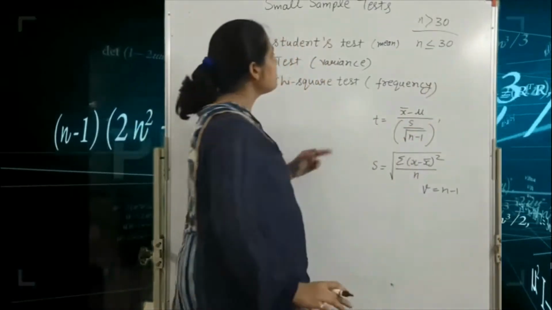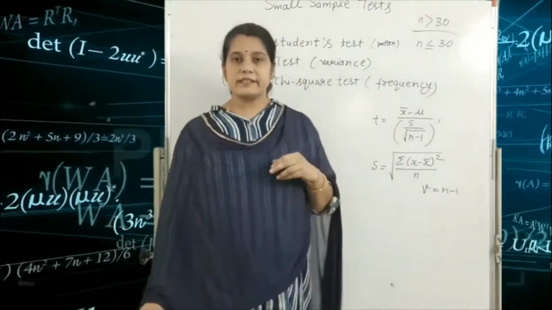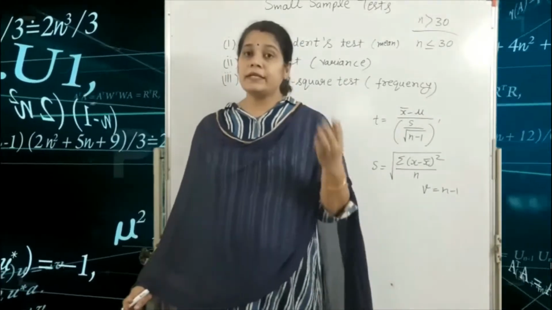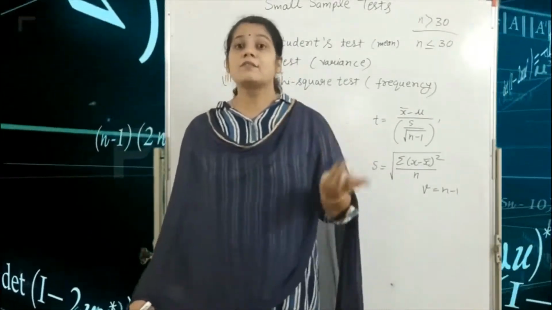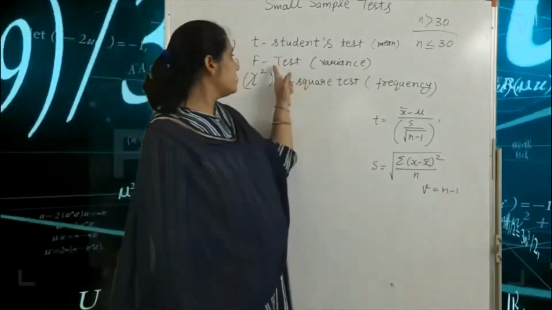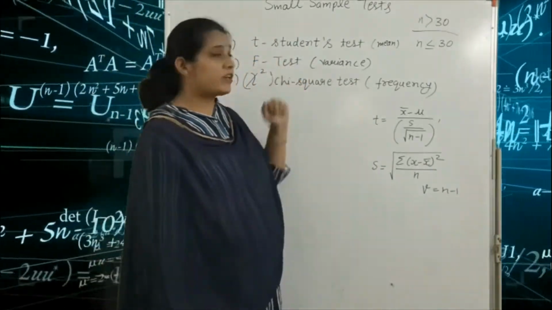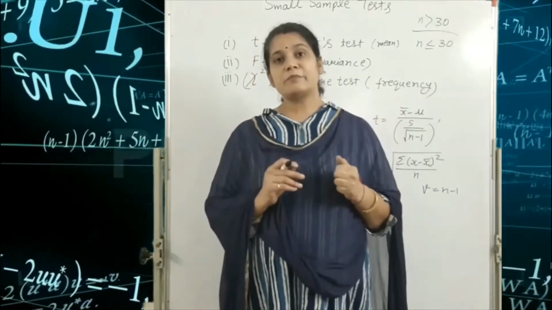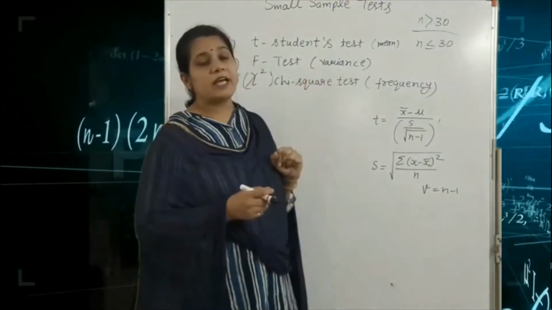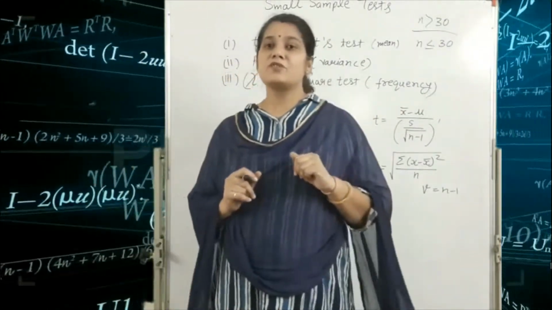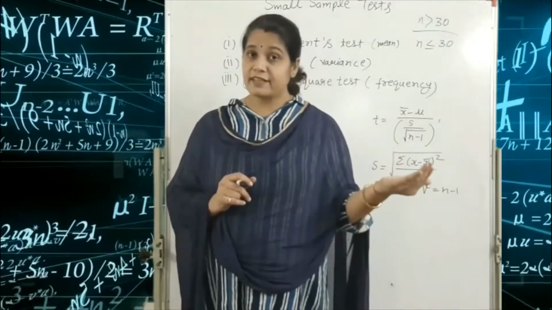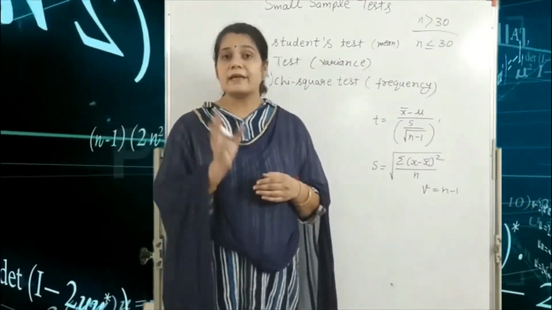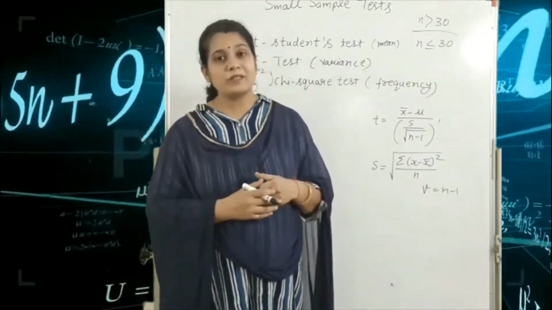In the first type, the T student test, we are given the mean and standard deviation also. But in the F test, we are given the variance or standard deviation, because sometimes in the F test we are given only the standard deviation. So with the help of the standard deviation, we find the variance. We already saw this type of question in the basic probability chapter.